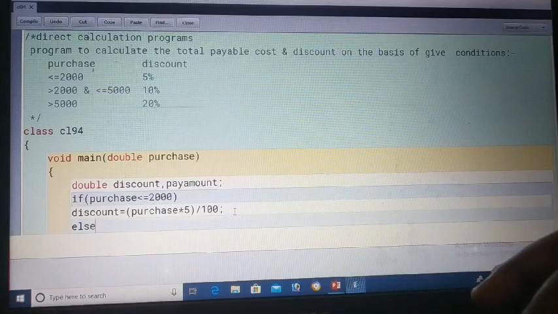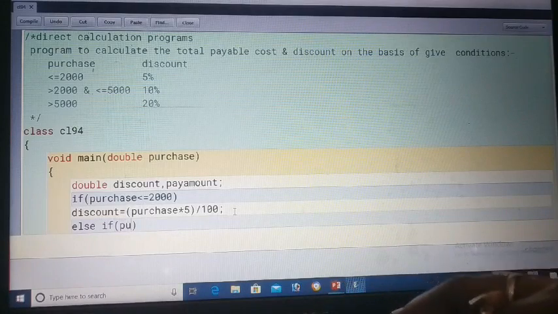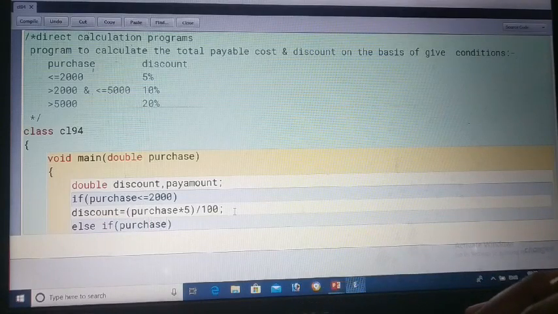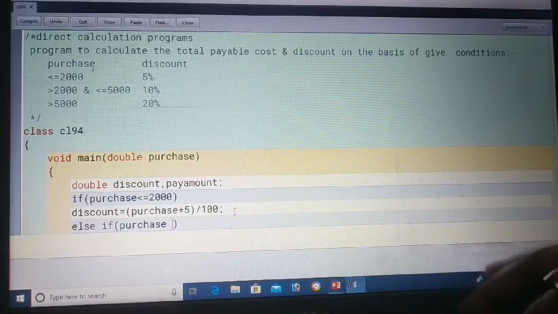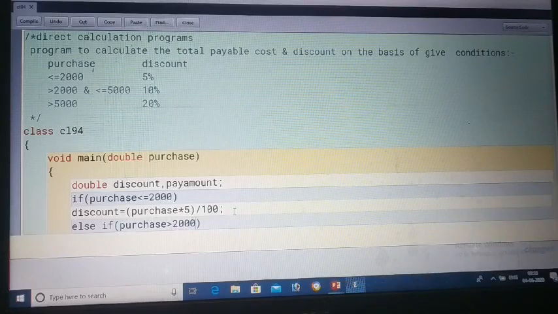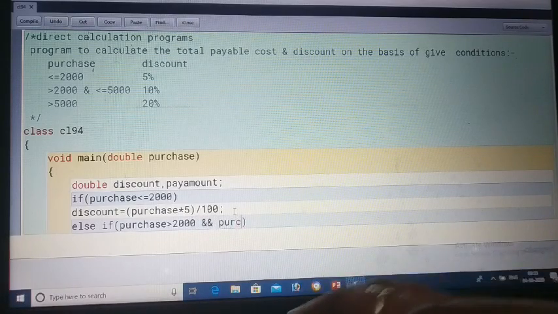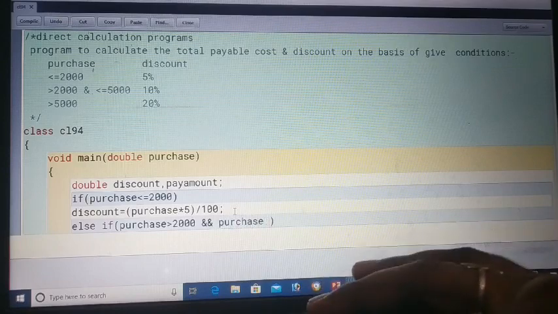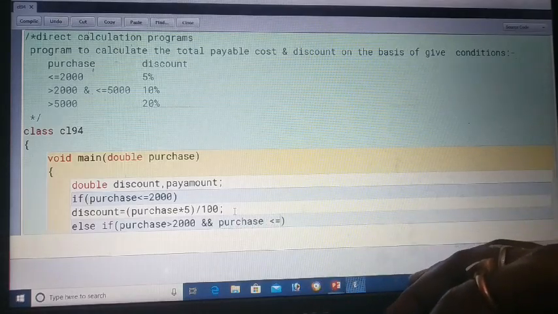So what is the second condition? The second condition is if the purchase amount is greater than 2000, means 2001, 2500, 3000, whatever, and purchase is less than or equal to 5000.